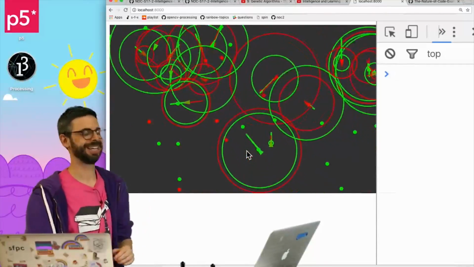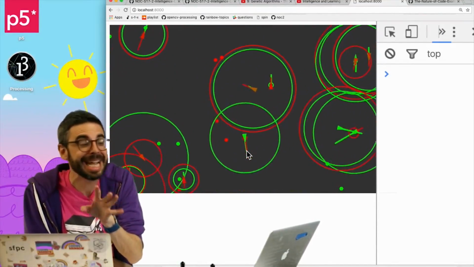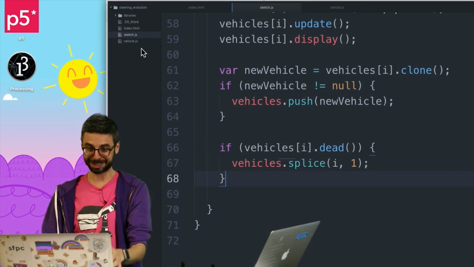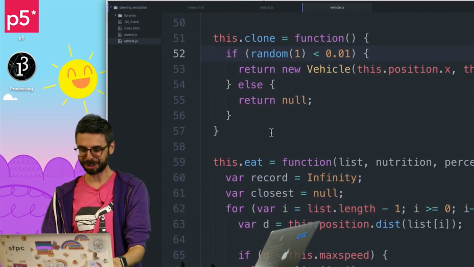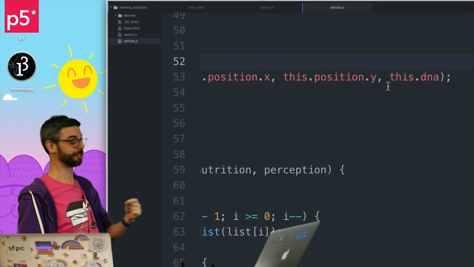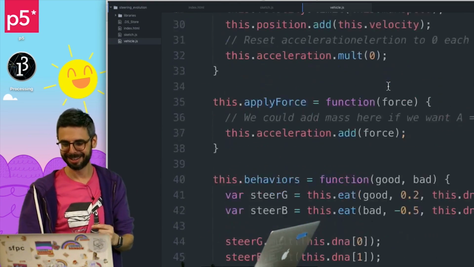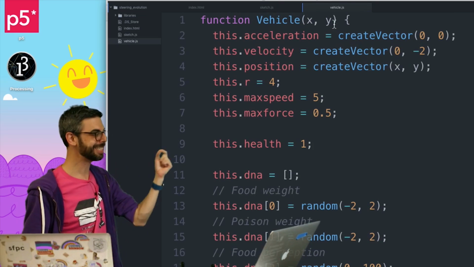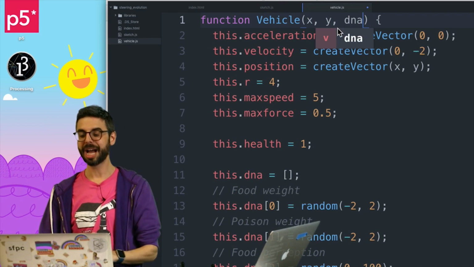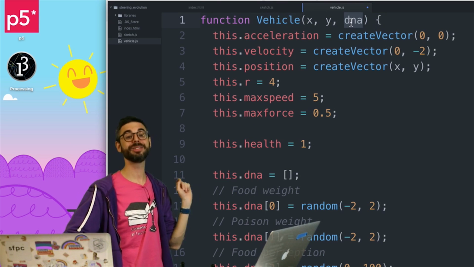Now, here's the thing. It's not actually copying its DNA. So I could write this function as much as I want. That's called clone. And I could pass in DNA to supposedly copy. But my constructor does not have an argument. So I need to add a third argument called DNA.